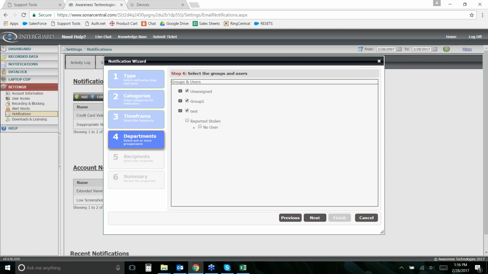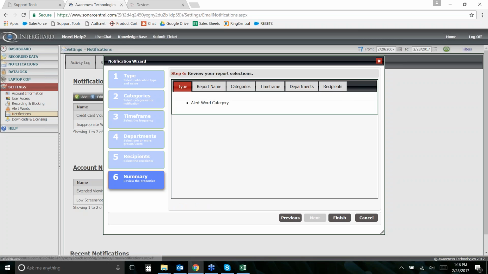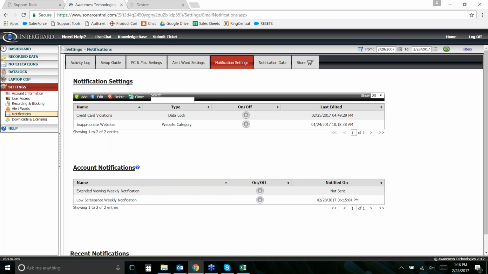This one I want to be covered for everybody. Again, you can do just a group of people, or just one person or a couple people. We're going to do everybody for this one. Add your email address. I'm having trouble typing here. Okay, and then again, multiple recipients if you want, or maybe you just want the manager of a specific group of people. You set it up just for that group, and then you have just the manager of that group